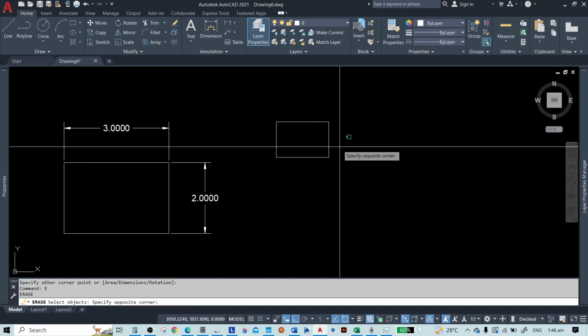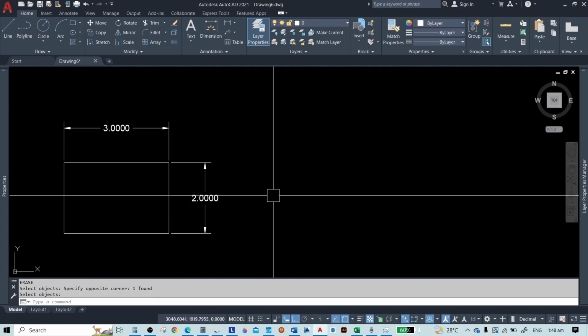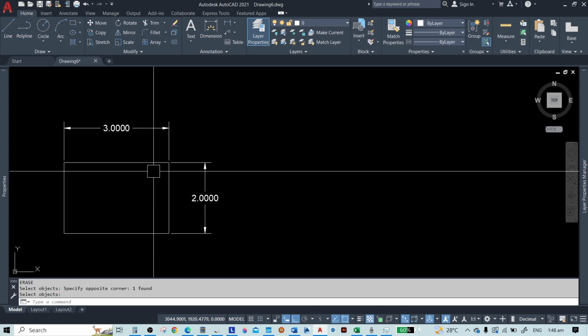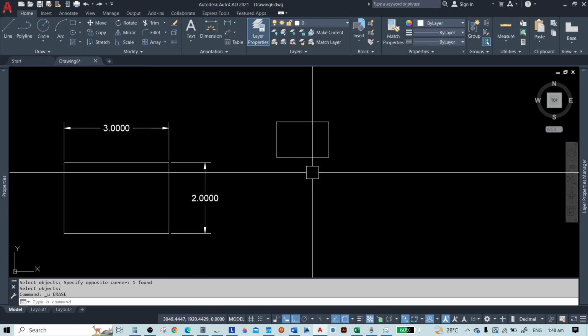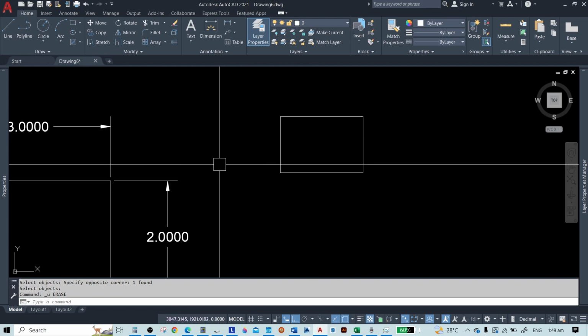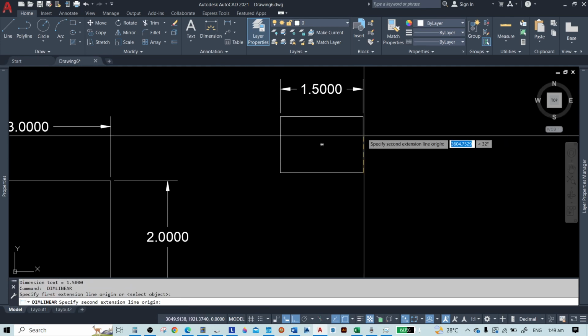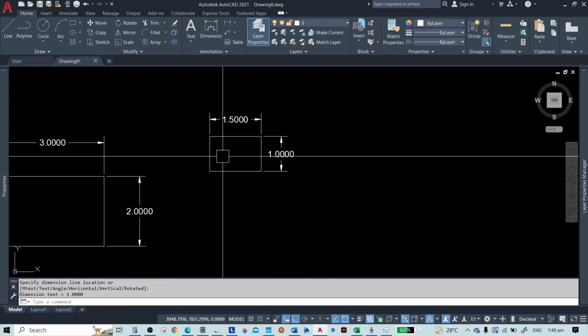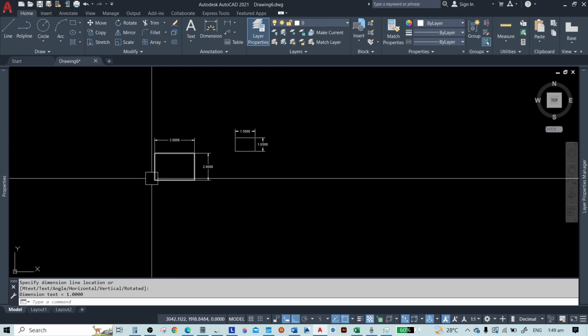Okay, so that's it. But that's not a good thing to do, because as you can see, if I will add dimensions in here, the dimensions will become different from this one, because this is the 1:1.